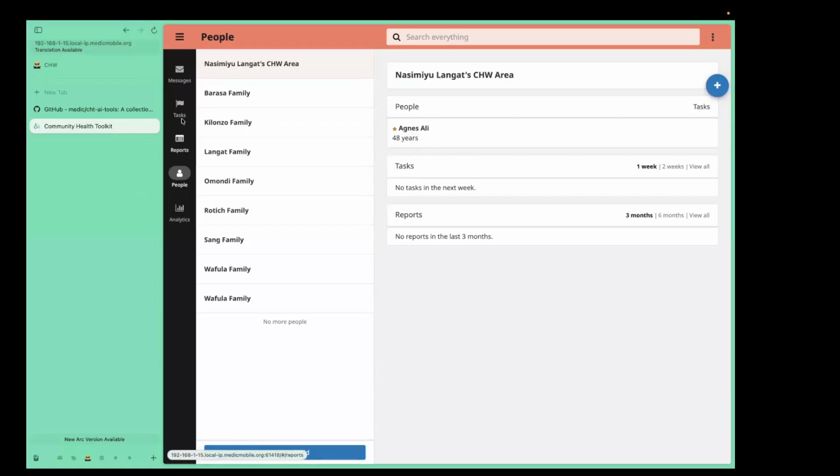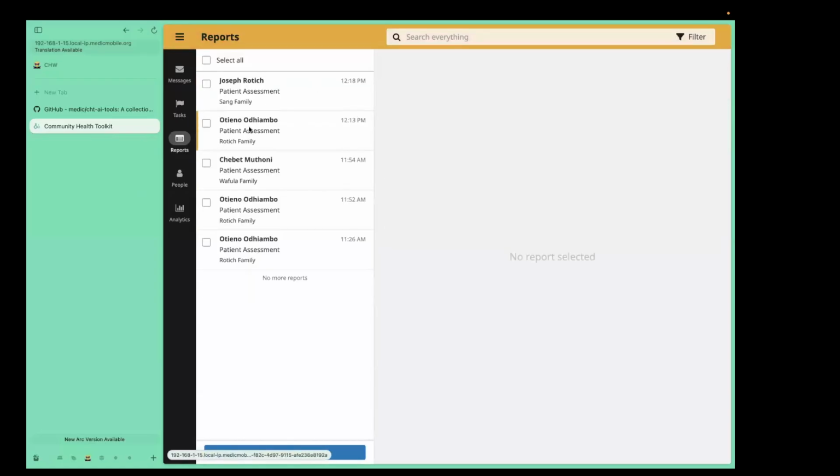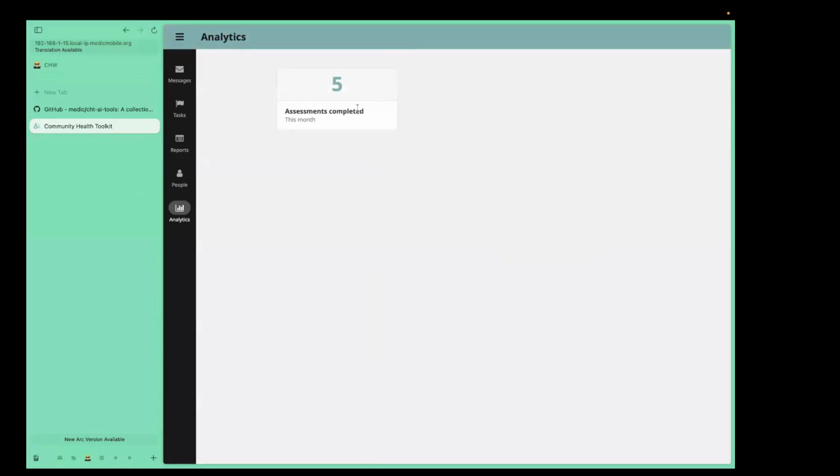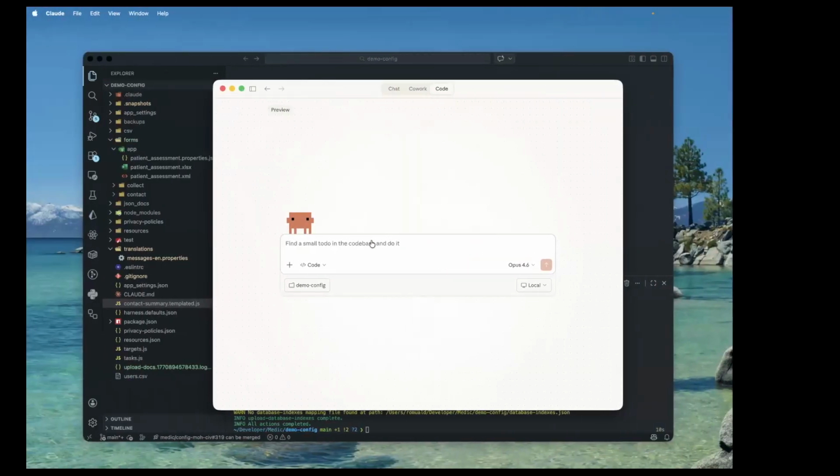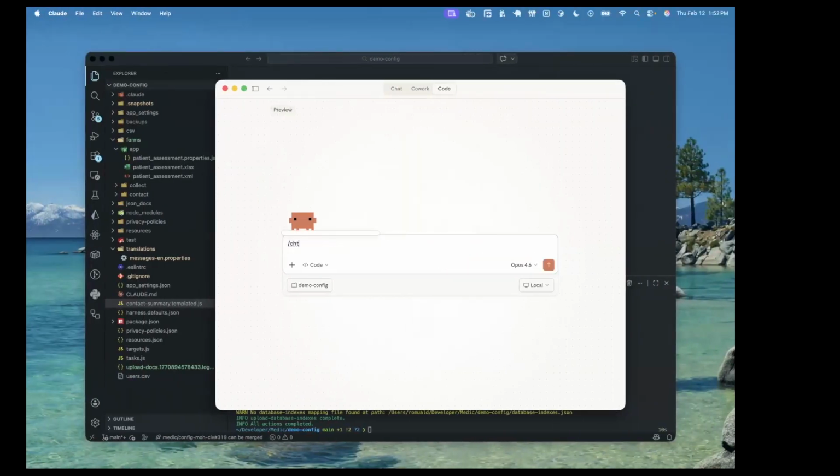And I already created some reports. Let's say we have this analytic assessment completed, which is 5, because we have 5 assessments here. Now we want unique patients assessed this month, because you can see that these patients have 3 assessments, but we want unique patient assessments. So I can ask here,